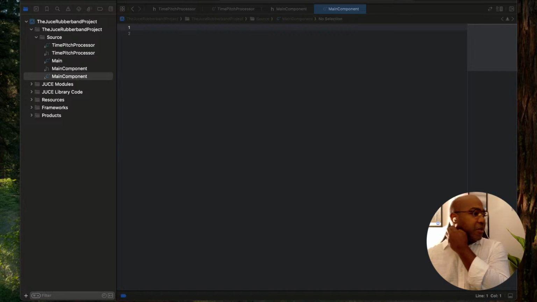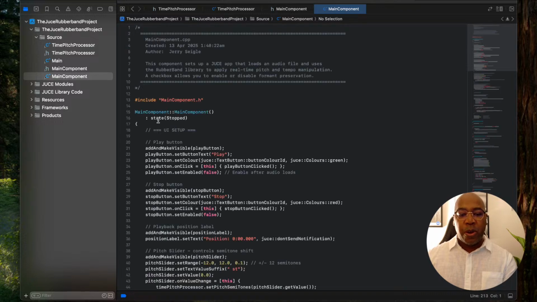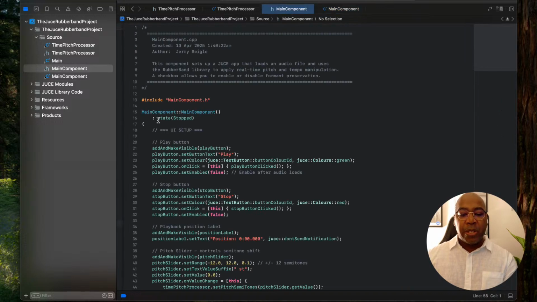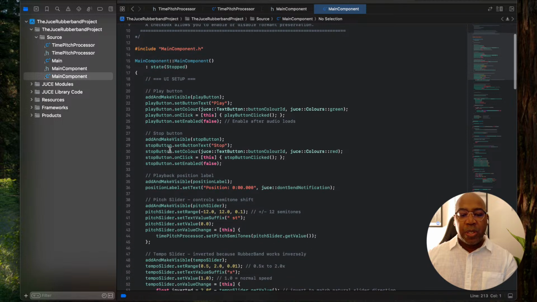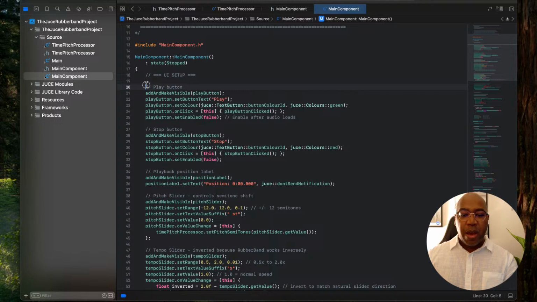Maybe what I'll do is just paste all of this boilerplate code in for y'all. I know that y'all wanted to see maybe me typing this stuff, but I just really want to get you through this tutorial. So I'll explain it to you. As you can see here, we have our play button,